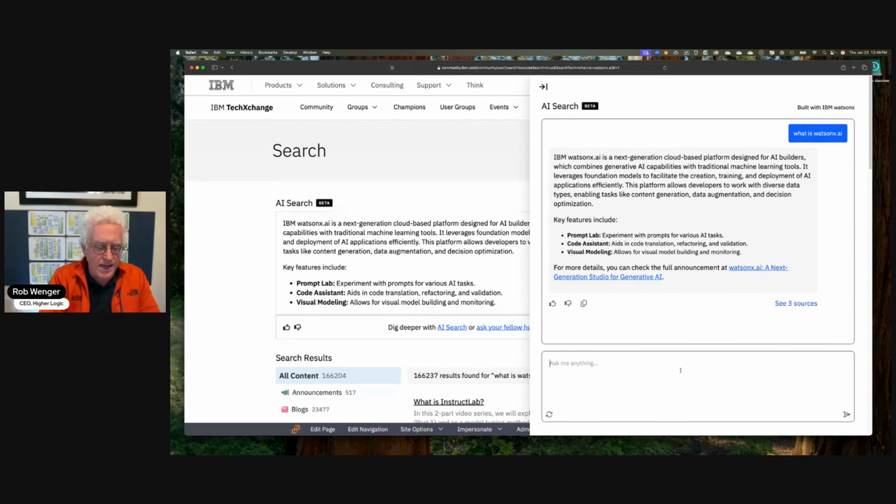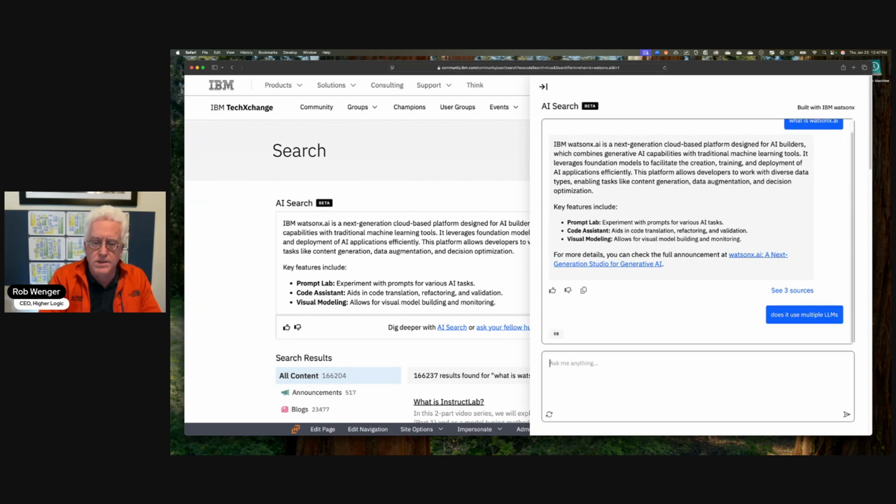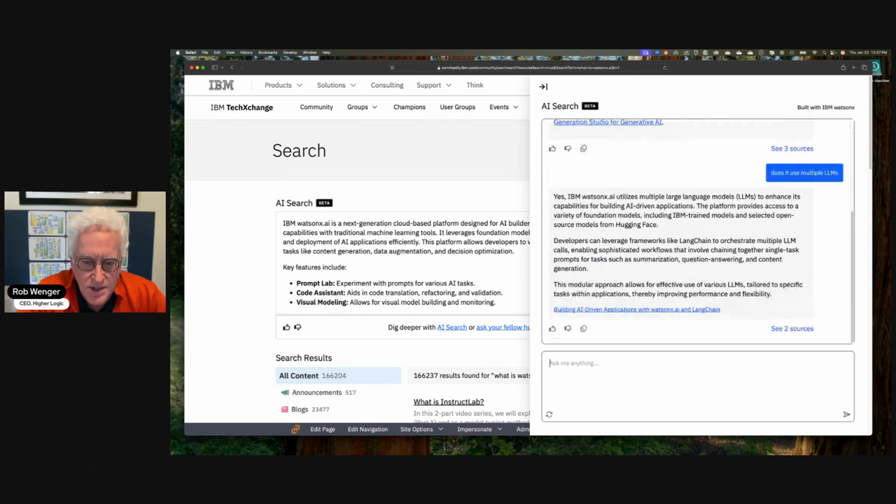But I might say, does it use multiple LLMs? And we'll see what it says. Every time you run this thing, it's a little bit different. AIs are what they call non-deterministic, right? So it's going to potentially give me a different answer than it gave me last time I tried this, but it's pretty good. So it's saying, yes, it uses multiple LLMs and gets stuff from Hugging Face and all this kind of stuff. And so I'll say,